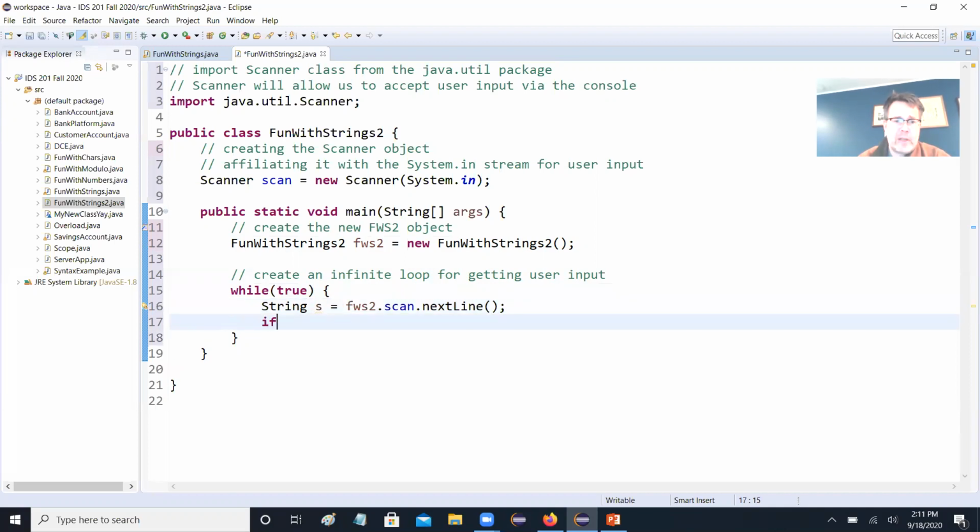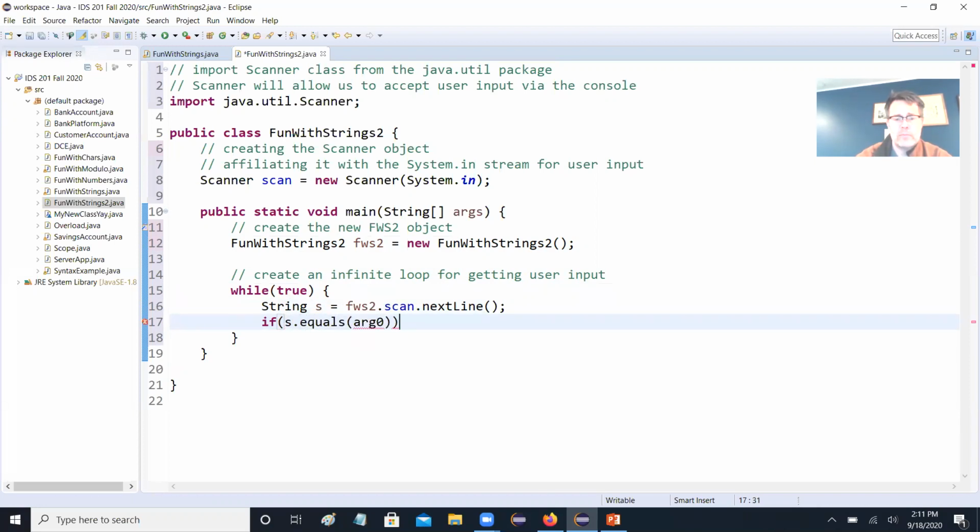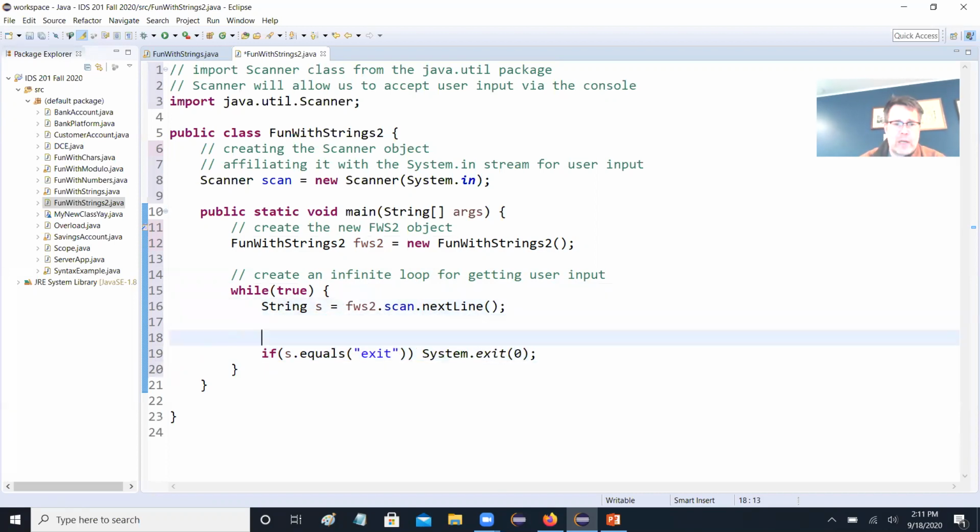We'll say if s dot equals exit. Okay, if that is true, then system dot exit, and we'll send along status 0. So I'll do a comment here. If user enters exit command, then stop application, right? That's how we get out of this infinite loop, is somebody actually types in the word